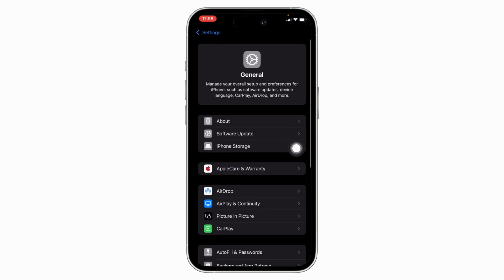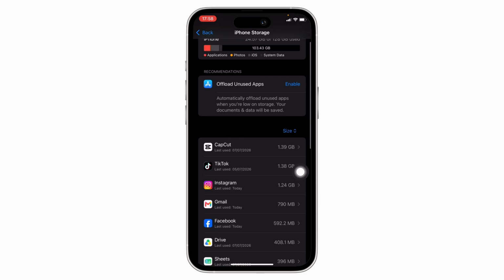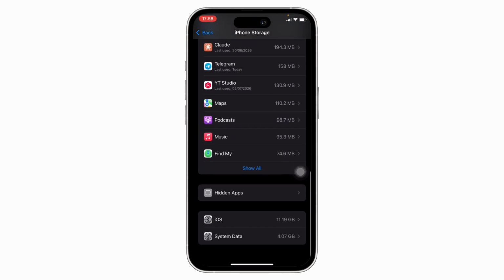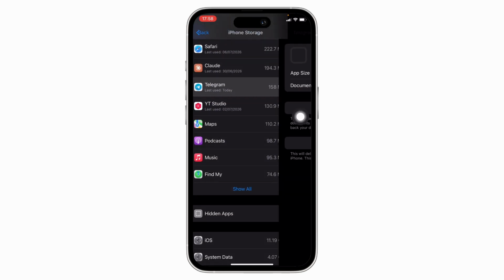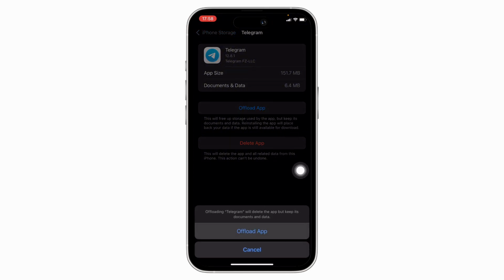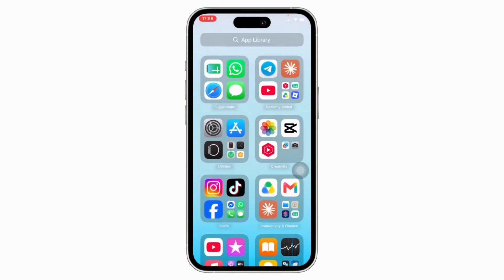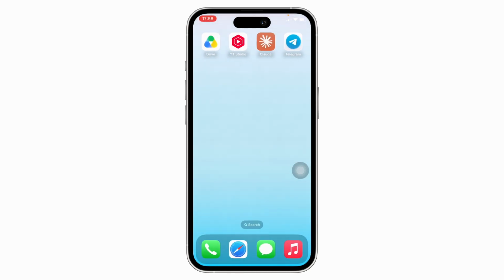and then on iPhone storage. Here, scroll down and navigate to the Telegram option and tap on it. Further, go ahead and offload the Telegram application and then reinstall the app again, as doing this will clear the cache in the application. Your issue should have been fixed, and if not, then go back to your home screen